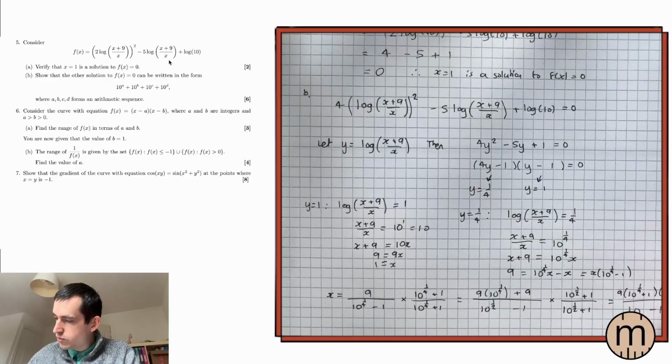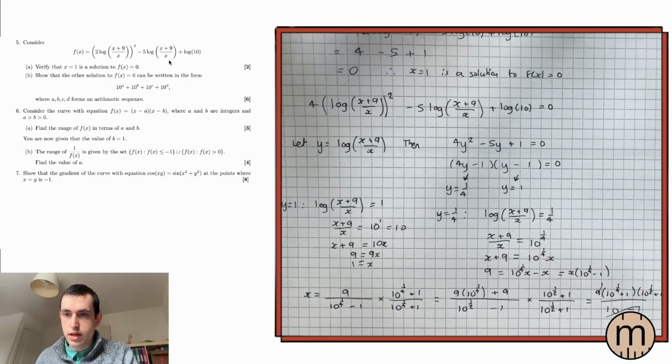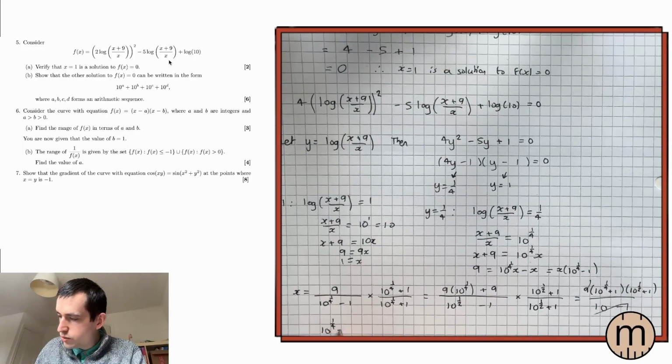10 to the half plus 1, like this. 10 minus 1 is 9. 9 divided by 9 disappears. You just about see that over there. And we're almost done. 10 to the quarter plus 1 times 10 to the half plus 1 is equal to,